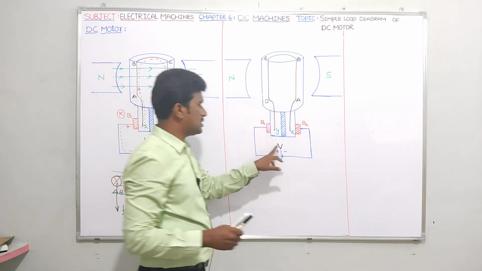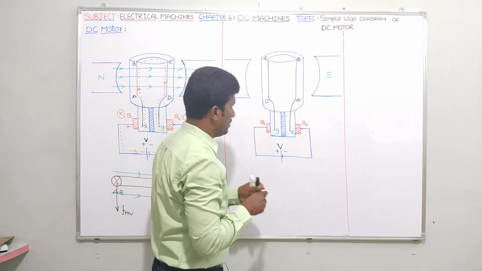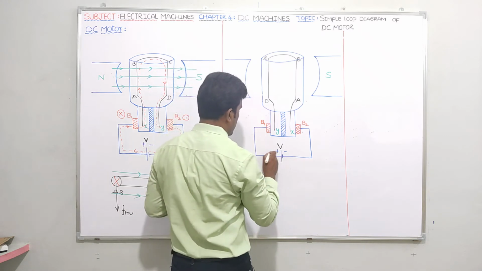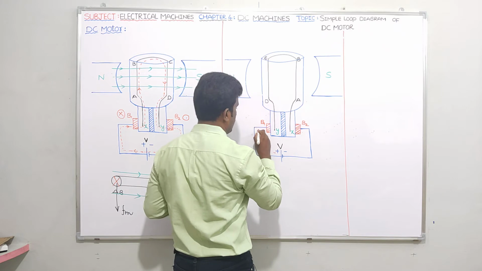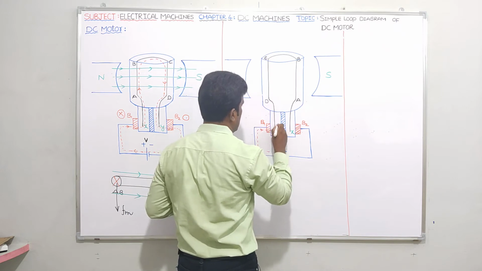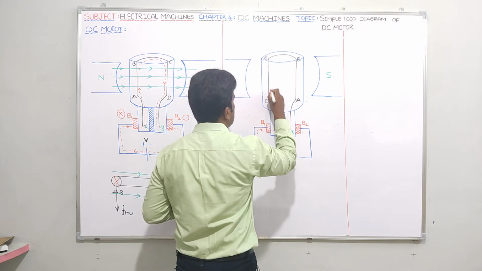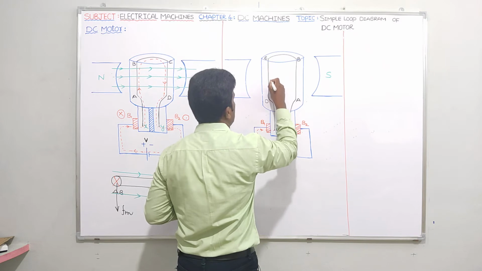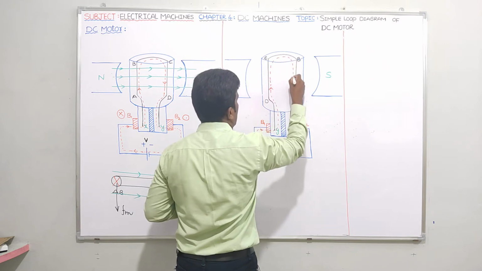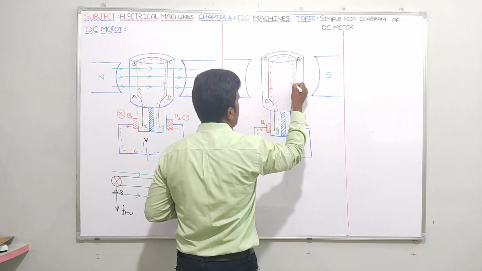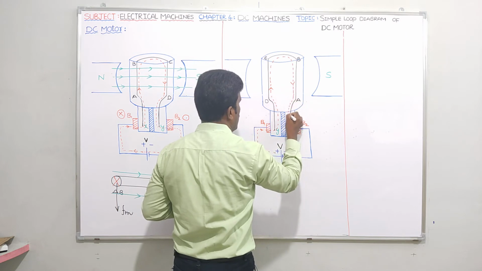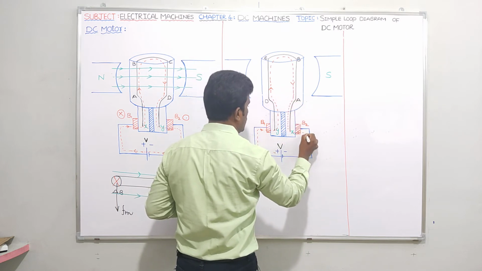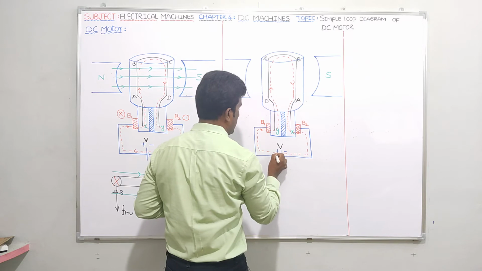So here polarities will be plus minus once again. So once again, guys, tell me, current always flows from plus to minus. It enters at B1. Yes. In the CD conductor, current is flowing from D to C, and in AB, current is flowing from B to A. AB conductor is connected to the B2 brush. It completes the path like this.